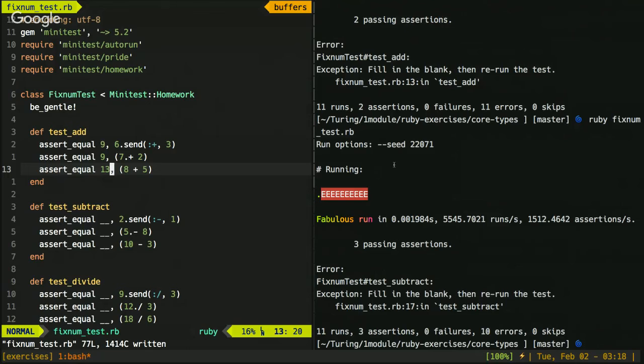So at this point, let's move on to test subtract. We have the same kind of setup. We have assert equal, a blank, and then the same kind of thing as we saw in add: 2.send, the minus symbol, and 1. So what do you think we should fill in the blank here?